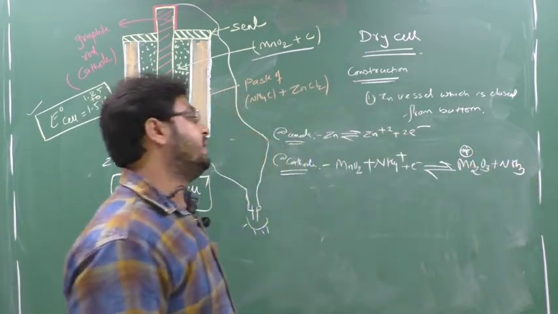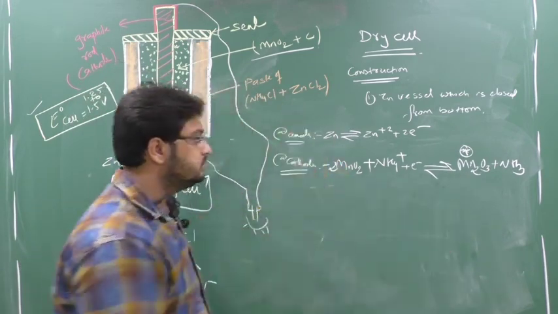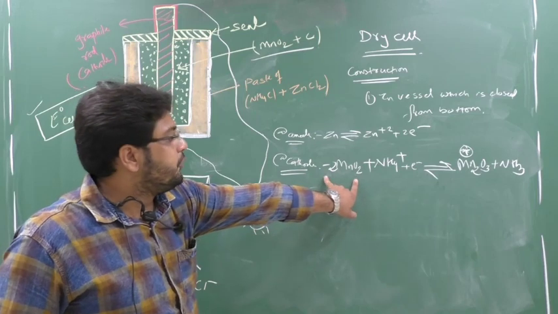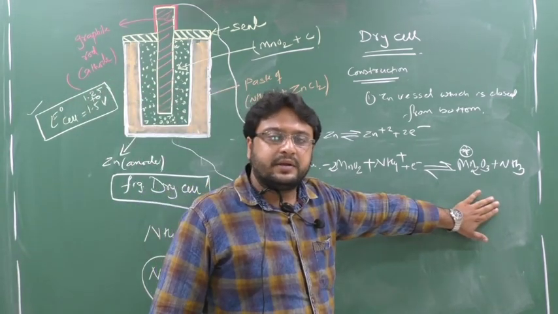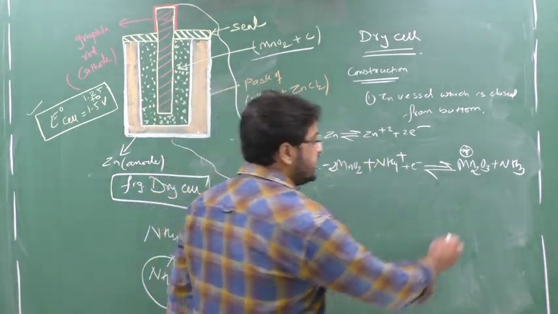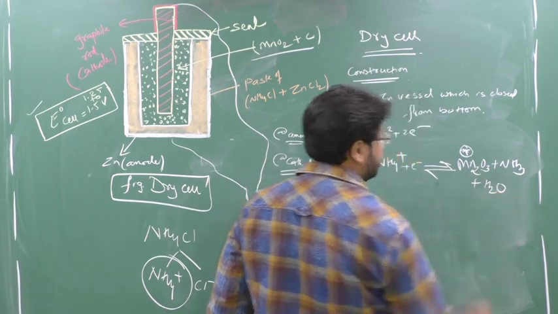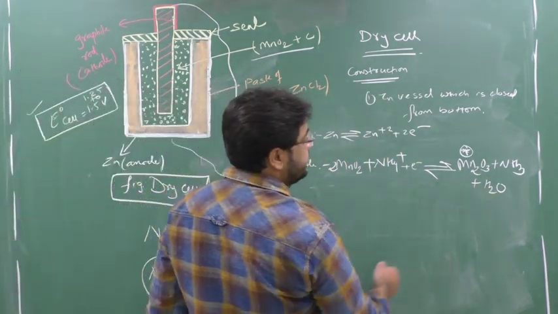Clear? Now we have to balance the reaction. How many Mn do I have? I have 2 Mn. So I will put 2 here. Yes or no? Now how many oxygen do I have? 4. But how many do I have here? 3. So where it is remaining, here requires more oxygen. How many oxygen? 1 more oxygen. So oxygen is balanced by H2O. According to redox reactions, oxygen is balanced by H2O. Clear this part?